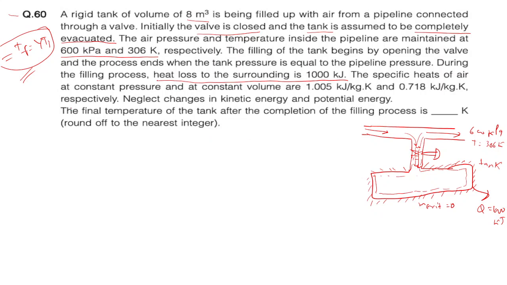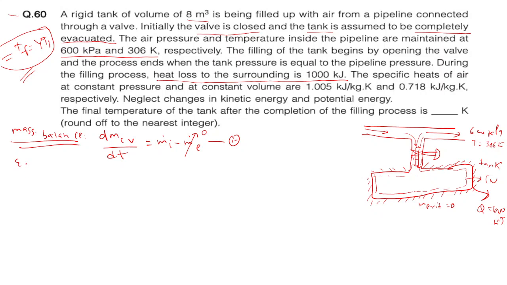For the open system we have to do only two things: one is the mass balance and one is the energy balance. For the mass balance, let's suppose this boundary is our control volume. So the rate of change of mass inside the control volume is the rate of incoming mass minus the rate of outgoing mass. Is it okay? And nothing is going outside, so it would be 0. Correct? Yes, sir. Let's suppose this is equation 1.